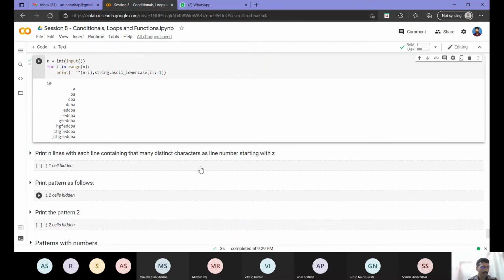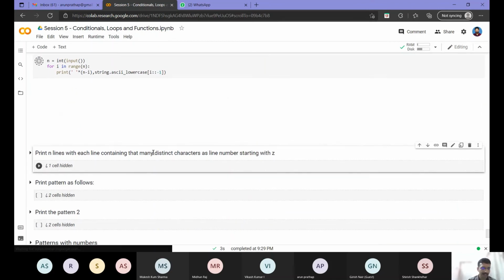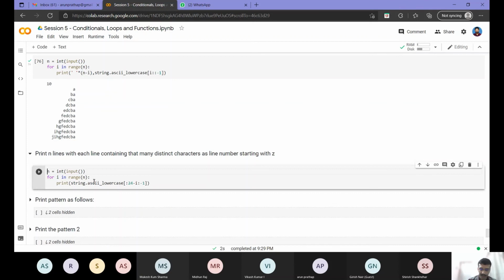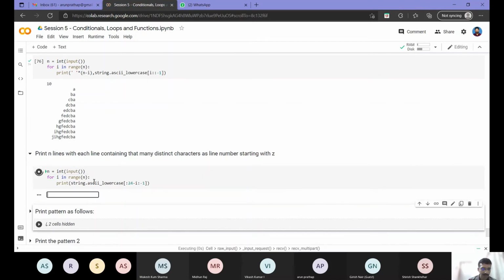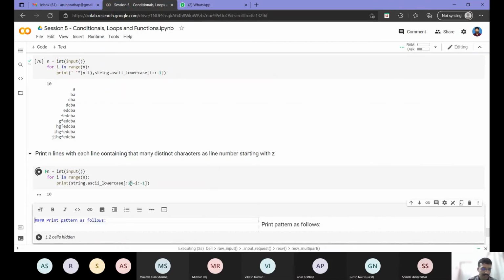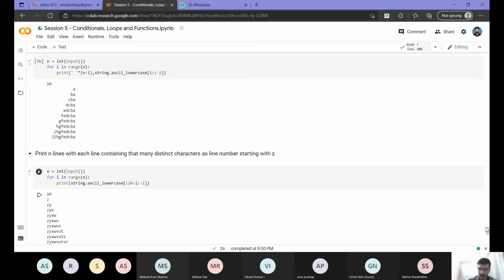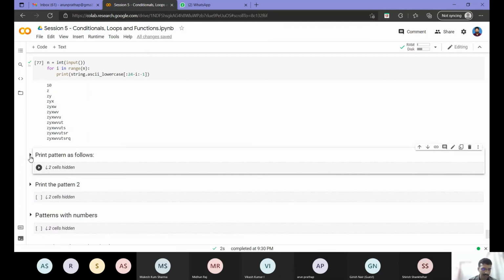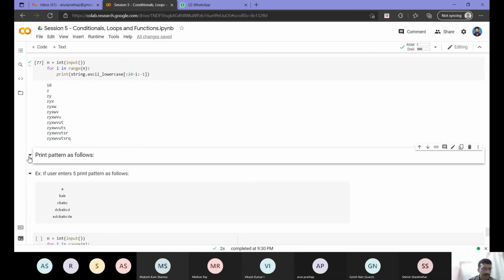Then suppose in a similar way I want to start with Z as well. The same way I can implement something that is left aligned, starting with Z. So we have seen all combinations: starting with A, starting with Z, ending with A, ending with Z. All 4 combinations. Now we will see how we can implement patterns similar to the triangles that we saw earlier, right?